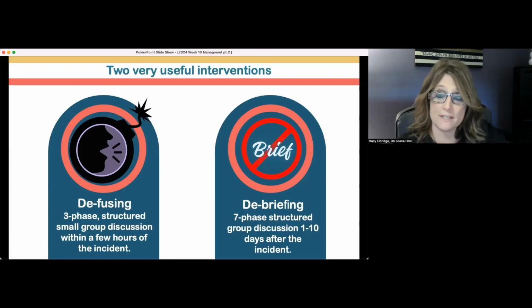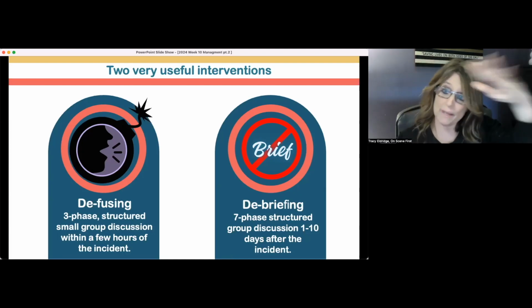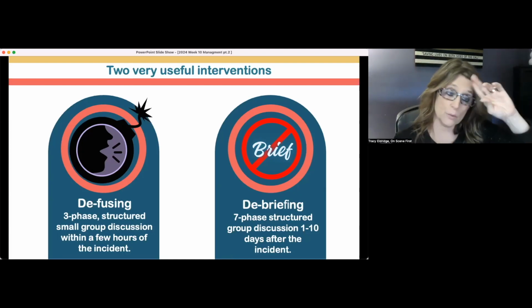It is 3 phases, structured in small groups. It's usually a discussion a few hours after the incident, just to check in and say, hey, we had a really bad incident. Want to make sure that everybody is okay right now. These are some quick things that you should be looking for over the next couple of days. Let us know if you need anything in the short term, but just know that we're going to do more of a debriefing later. So the diffusing is basically going like this, and stopping that fuse from continuing on